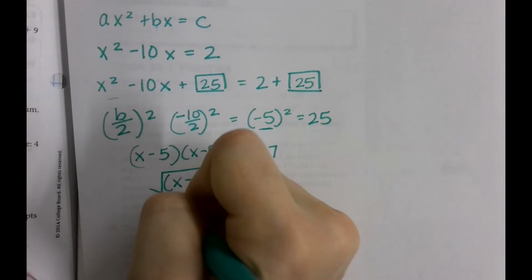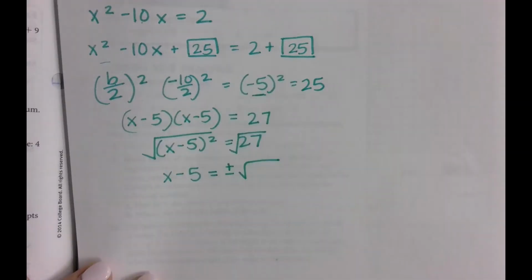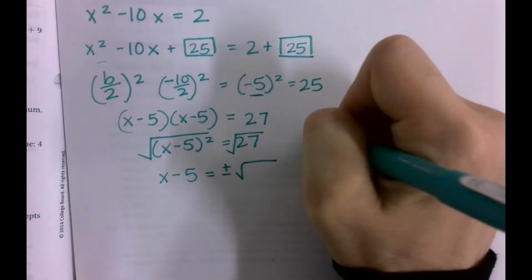Square root of 27 and square root of x minus 5 squared. So you're just left with x minus 5. The square root of 27 is not a perfect square, so we have to put that plus or minus in front of it, because you could have a negative times a negative equals a positive, or a positive times a positive. So I would definitely reference that bluish purplish paper that I gave you guys in Unit 4